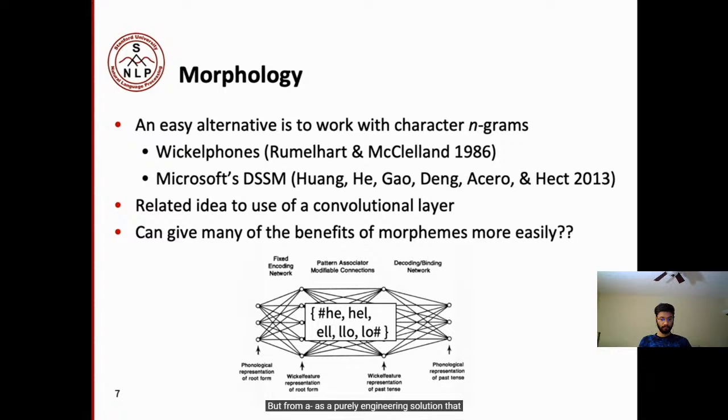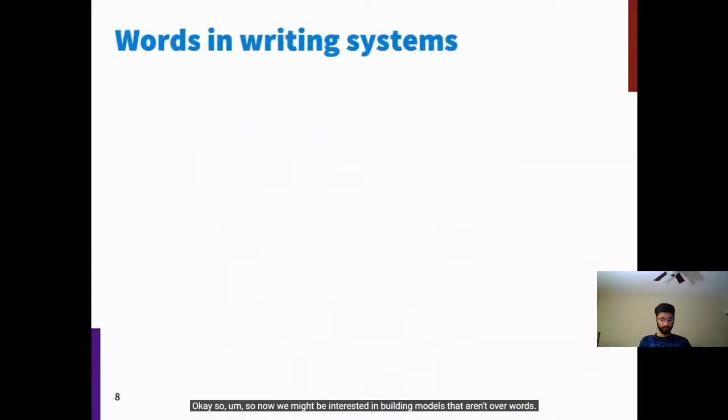But as a purely engineering solution, that proved to be a pretty good way to do things. And this decade, there's been other work, which includes the model developed at Microsoft, a deep semantics model, where they're using these character n-grams to put meaning over words. Okay,